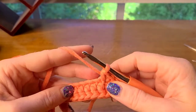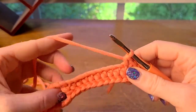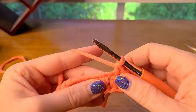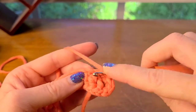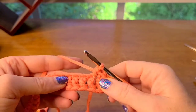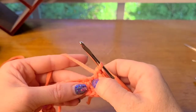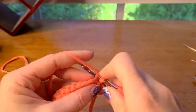Okay, so now we're doing 1 single crochet in each of these next chains until we get to this point here. So the next place we're going to be going into is right here, and we're going to need 2 loops of a single crochet. If you don't know where we're at, follow the post up. So here's the post from that double crochet, and right above it is where we're going to be going into. So here we go with a single crochet,